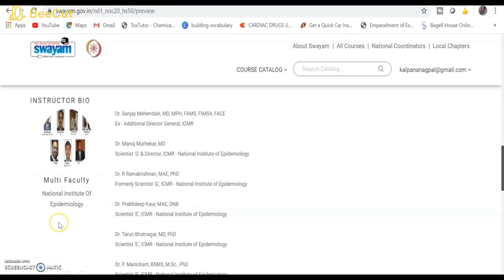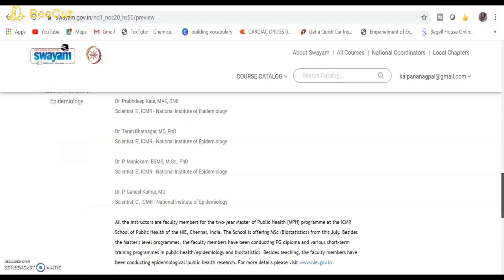You can see the instructor bio also once you scroll down further. They are scientists, mainly from ICMR or the National Institute of Epidemiology. They are scientists G or E. They are not only members of the faculty of the 2-year Master of Public Health Program at ICMR, they are also members of the School of Public Health of NIE, Chennai, India.